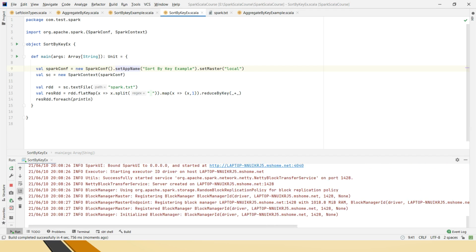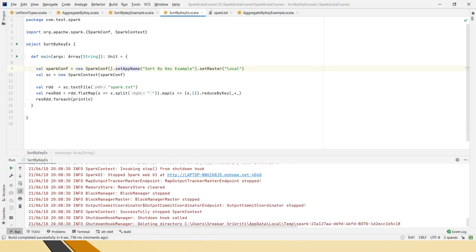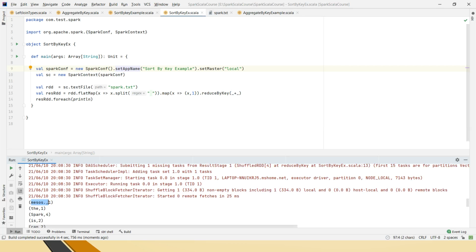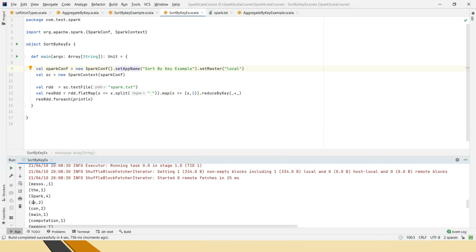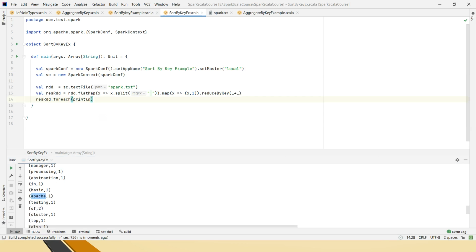The job has started. You can see here each and every word it is printing. If you see, this is not in sorted order. It's not sorted in ascending or descending, everywhere it's scattered. So in such cases we use sortByKey. Let's see how to use sortByKey and how the output will change.